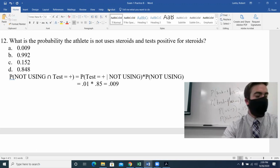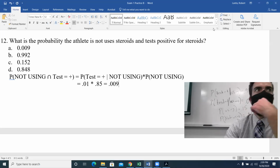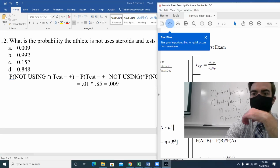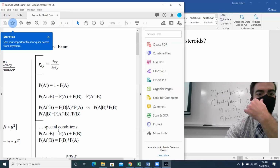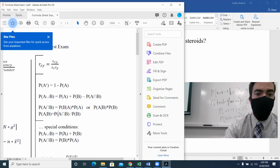So any questions on that one before I address the question that was asked in the chat? Okay. So the question in the chat was, when do we use the special conditions? So the special conditions on this formula sheet: when we wanted to find the union of two events, we said typically that's add up the probability of both events, but subtract the intersection because you double counted it. However, if two events were mutually exclusive, we knew that the intersection was 0 and that formula would simplify down